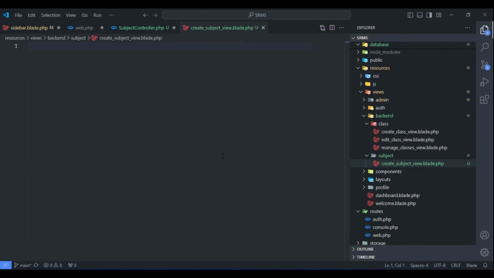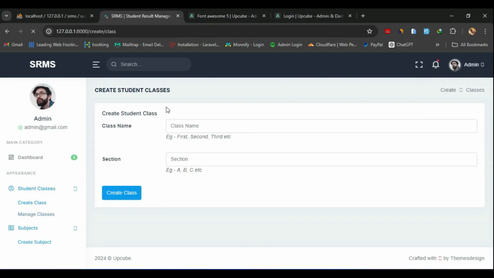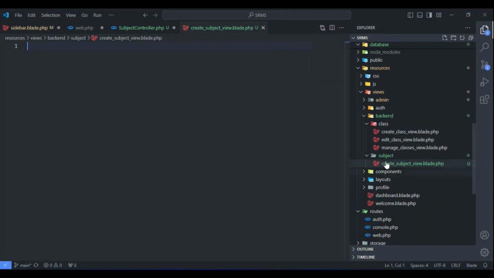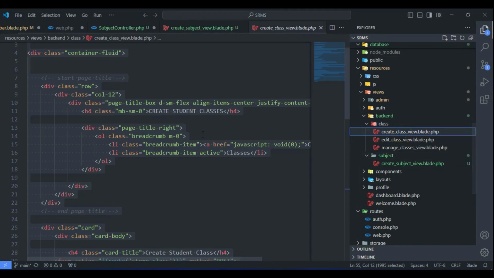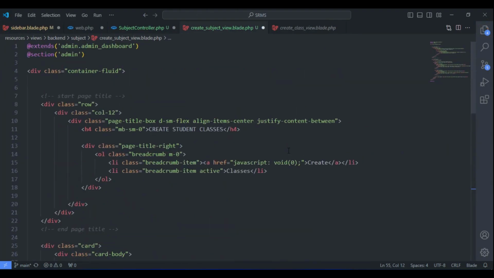So friend, our create subject view is going to be just like our create class view, which is this view like so. So we're going to go ahead and copy this view and then go ahead and modify it. So let's go ahead and do that. Just come back here. Let's go ahead and find our create class view, which is right here, create class. So let's go ahead and copy everything, copy, and then let's go back to our create subject view and then say paste like so. Okay, now let's go ahead and start with the title. Let's go ahead and change it to subject creation like so, and then here I'm going to go ahead and say subject. Here should be creation